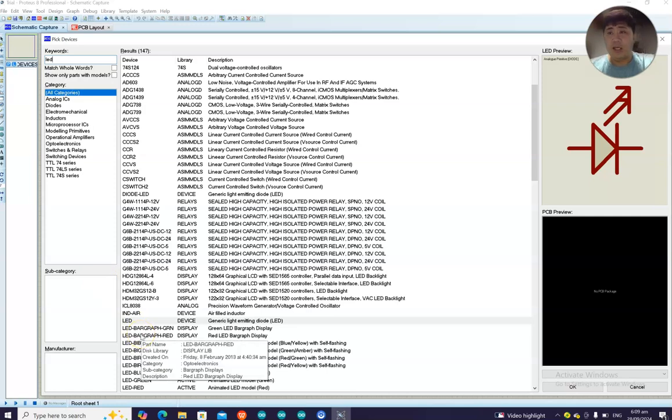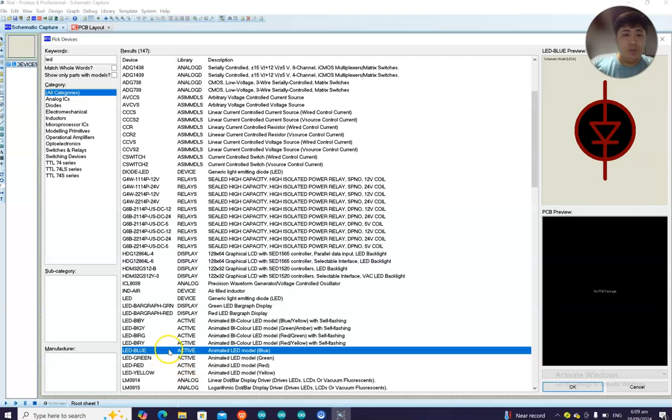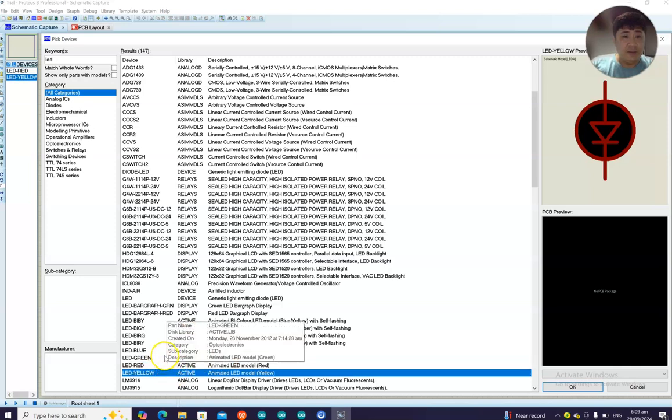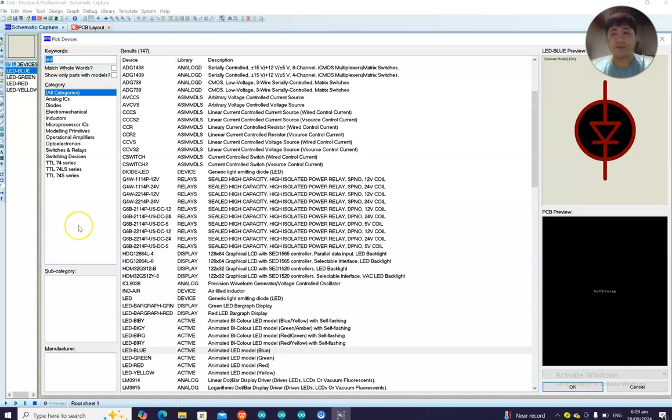If you want an LED that can actually simulate, then you choose the LED with this active status, meaning it will work and simulate. So let's say for example green, blue, red. You can double click that one and it will enter there.